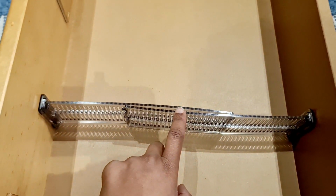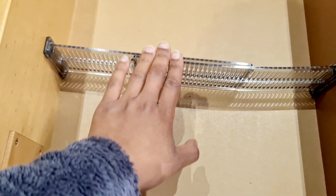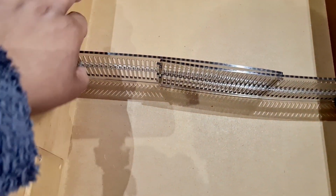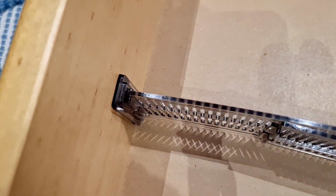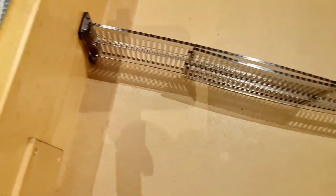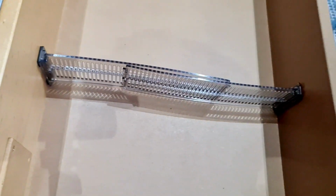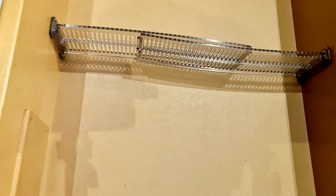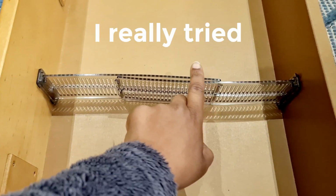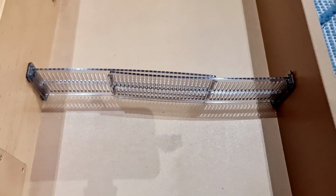Now, here's the divider that I've put inside. A little bit bendy. I'm not sure if that's just how it should be, but I've put the pads that were here. I'll grab the other ones. So these are the pads that I've put inside to help keep it stable. To be able to do that, it's meant that it looks a little bit bendy and doesn't look as straight. And I've tried as much as possible to get the holes as they should be, but I don't know, I'm